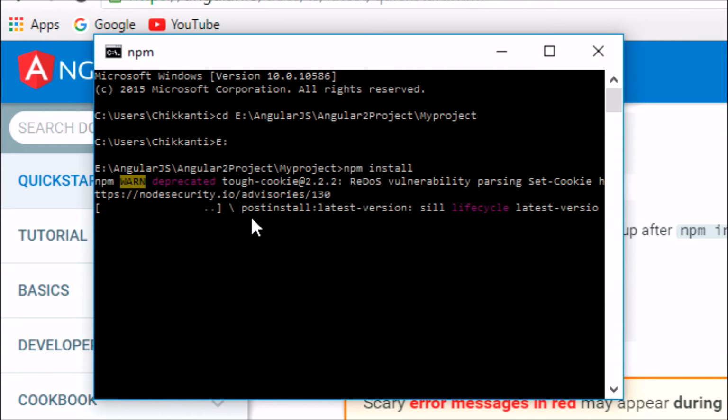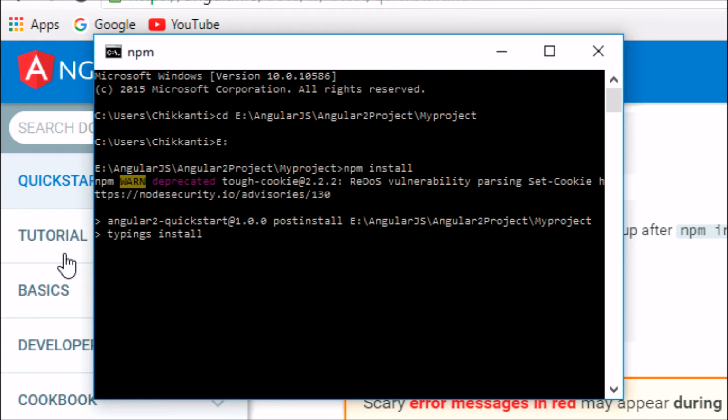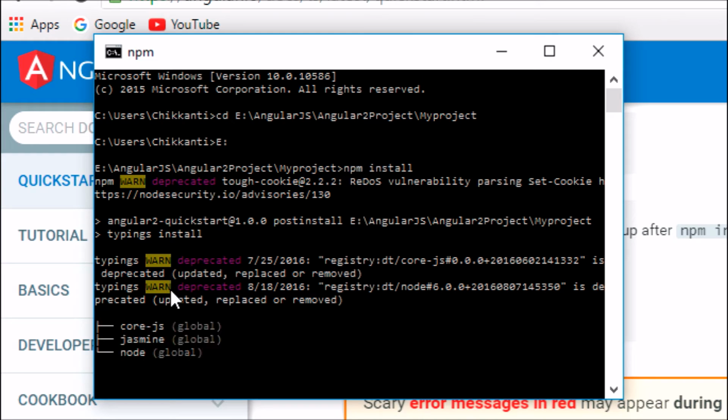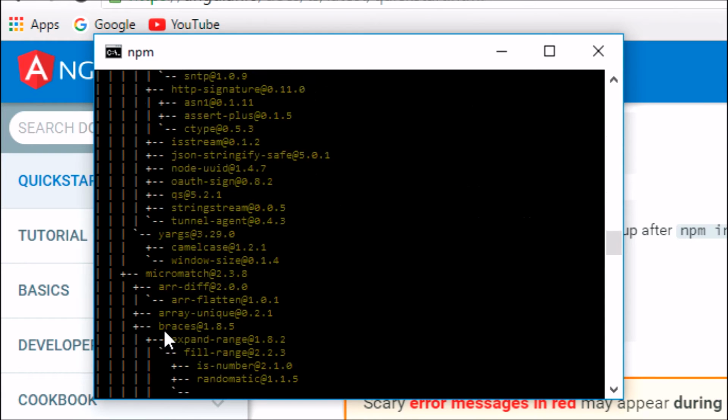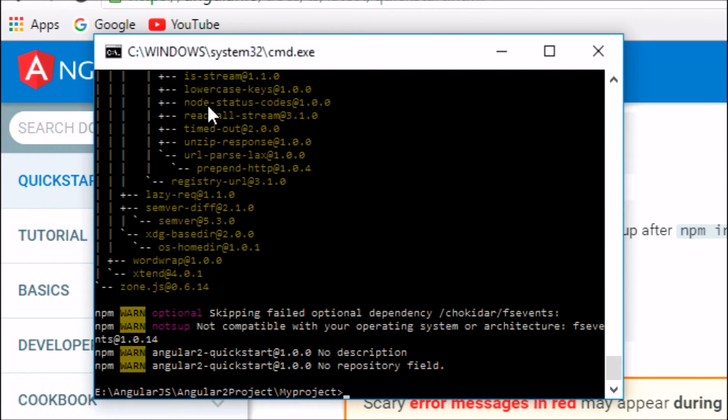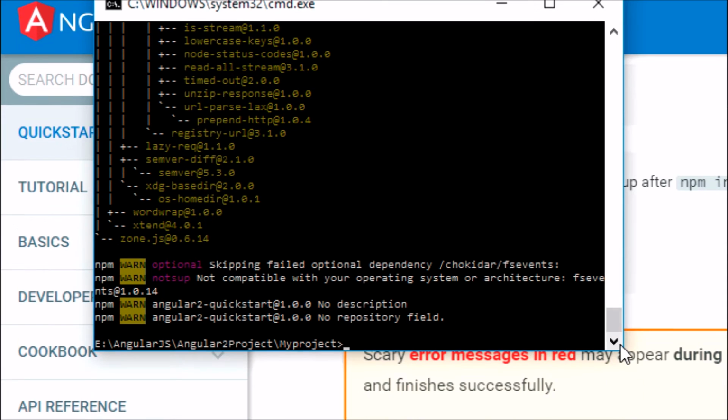See that typings install. So it is installing typings also. It's done with the node modules installed. Then it is now installing typings. Then it will list all the files installed. So these are all the files installed on our project. Ignore npm warnings. If there are any npm errors, we need to consider.